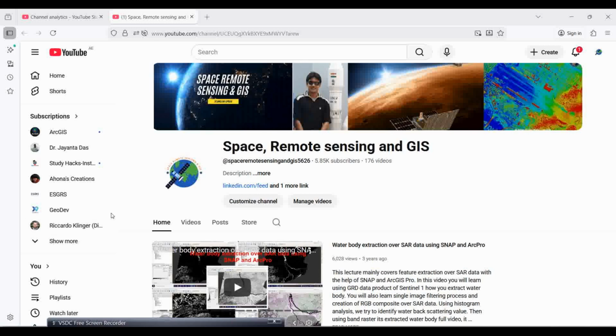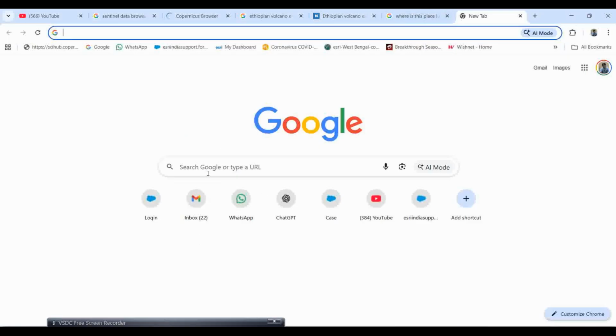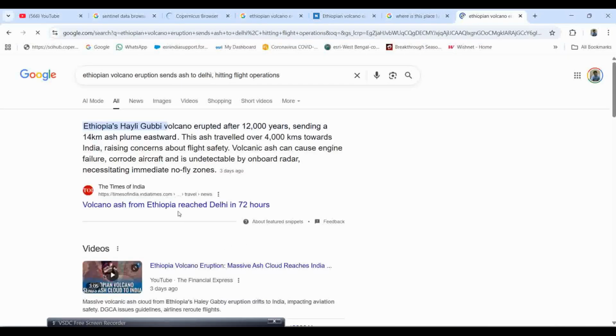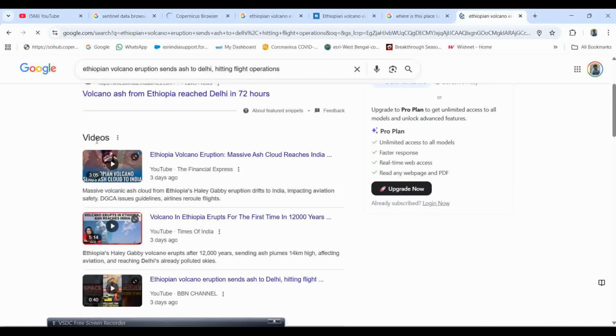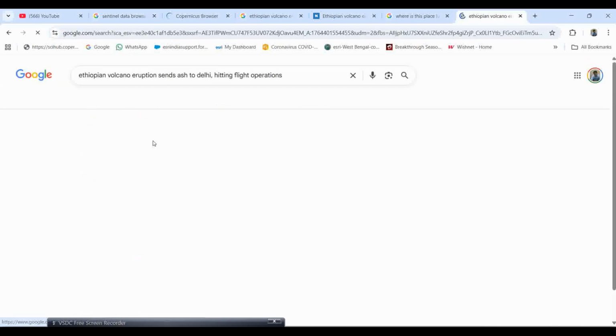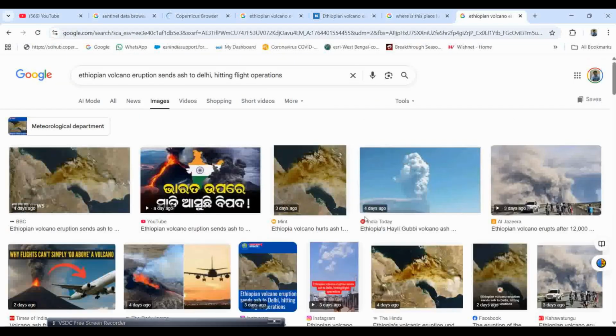about flight safety. Volcanic ash can cause engine failure or corrosion of the aircraft, and it is unpredictable, and onboard radar is necessary for this analysis. So I will show you a few pieces of information about this so that you can understand. See, this is the Ethiopian volcano which actually blasted. If you go to images, these are a few images which you can find very easily